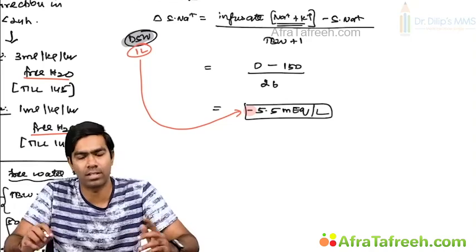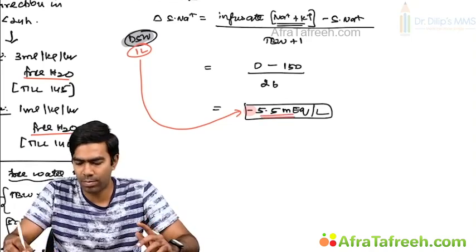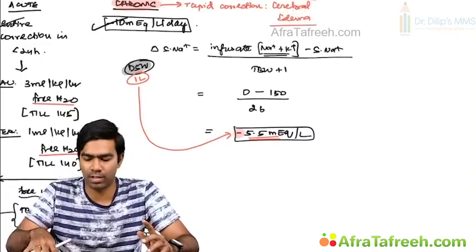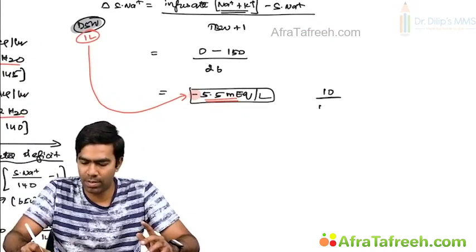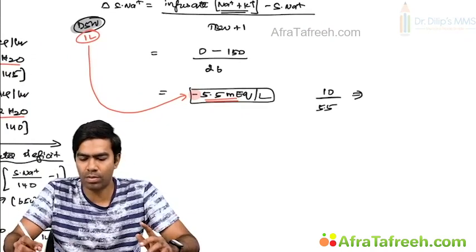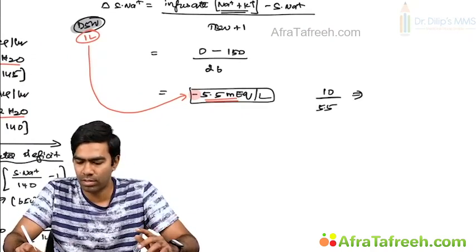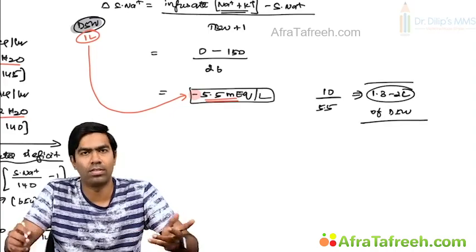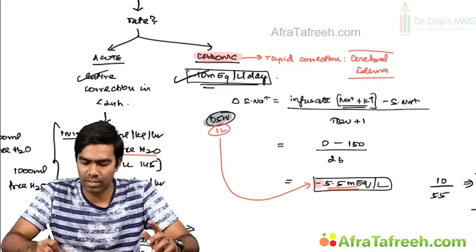That's why the minus sign. Serum sodium will decrease by 5.5 milliequivalents per liter. Which means if I want to correct 10 milliequivalents per liter, I can divide 10 by 5.5, and you need approximately 1.8 to 2 liters of dextrose 5 water to correct this 10 milliequivalents per